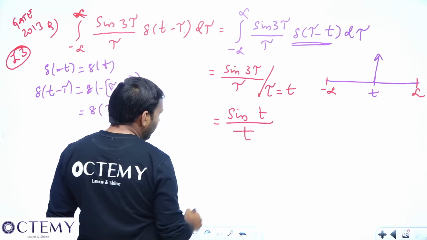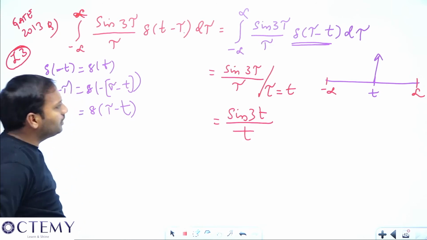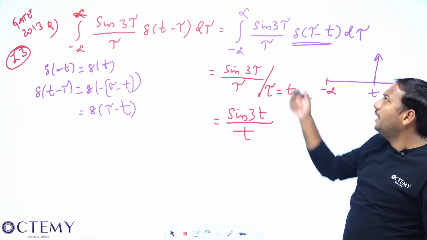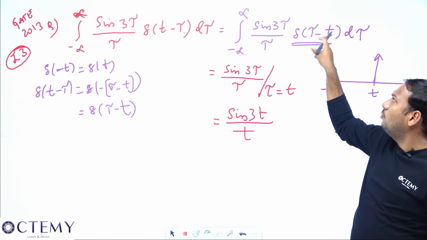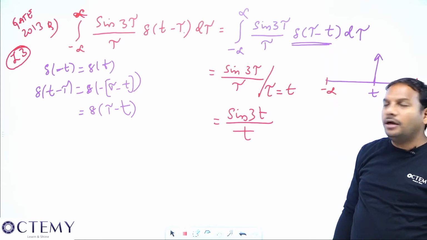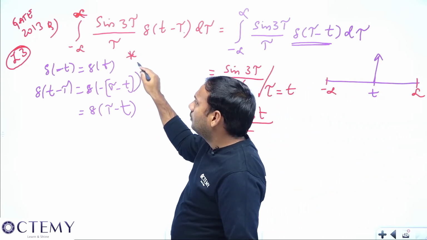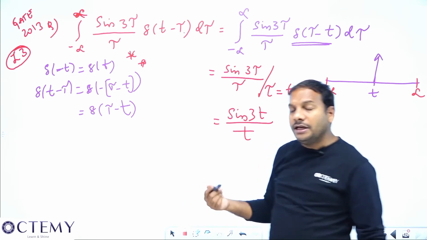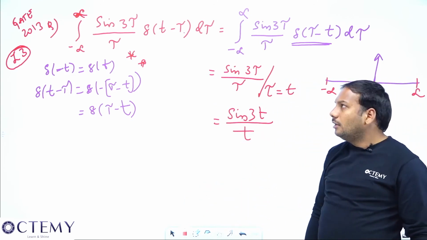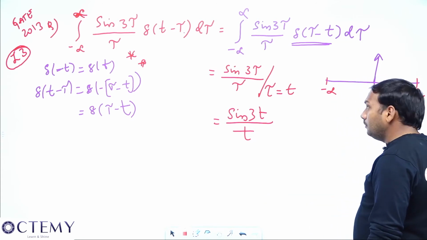So this is sin 3t divided by t. This is the previous GATE problem, so nothing is the twist here. You should have the idea to convert this as tau minus t, you convert into t minus tau and try to solve the problem. Just I have applied one property. If you want to apply any inherent property, then it comes under the level 3 problems. Okay. So this is the previous GATE problem. So we'll try to go ahead with the next problem.